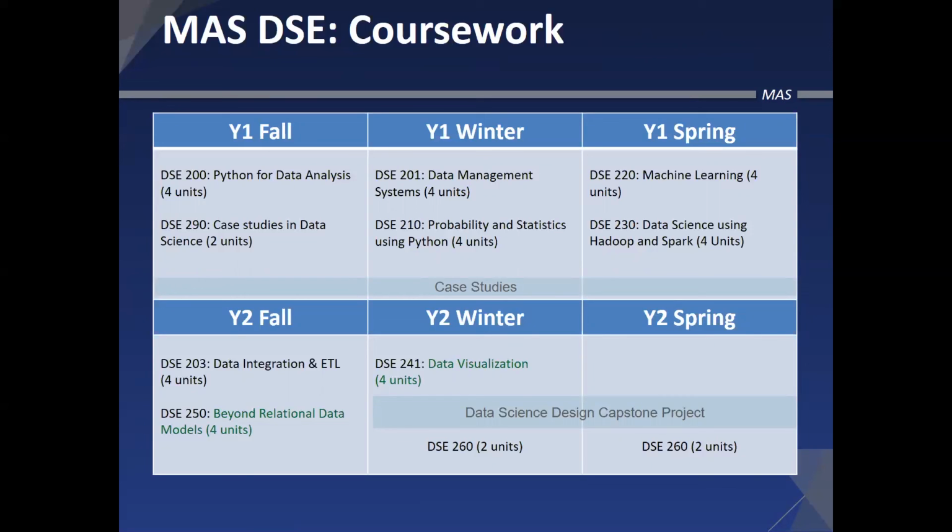And then we start moving into the probability, the math statistics, the data management, machine learning, and data science using Hadoop and Spark. Groups start to form their ideas for their capstone over the summer and return in the 2nd year, start doing classwork, and then the capstone starts in the winter quarter, and the last quarter is doing the capstone.